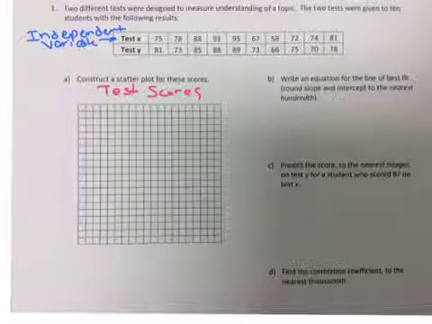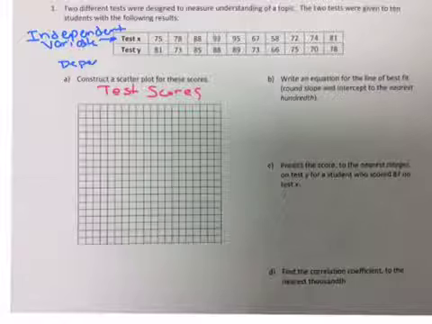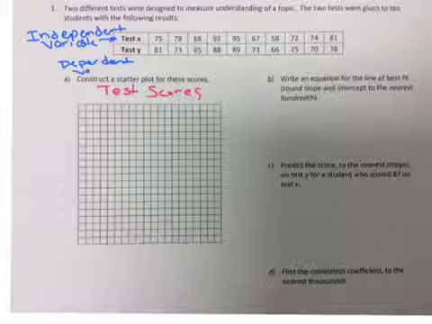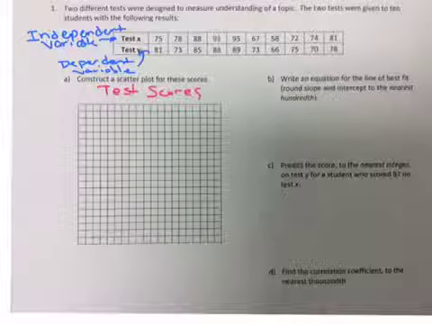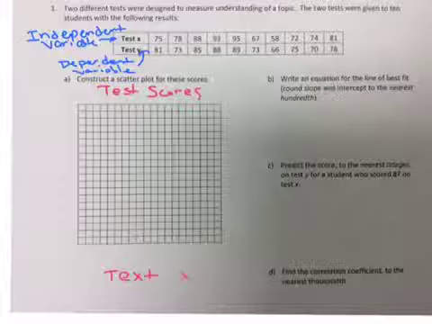And test Y, your Y value, is called your dependent variable. Okay, so your X value is the independent variable, and your Y value is the dependent variable. Okay, so anyway, let's label the X-axis test X, and the Y-axis test